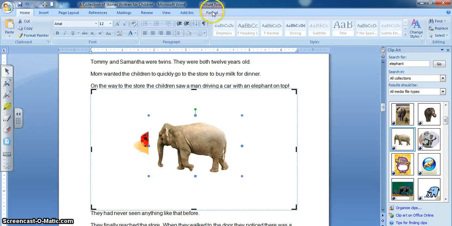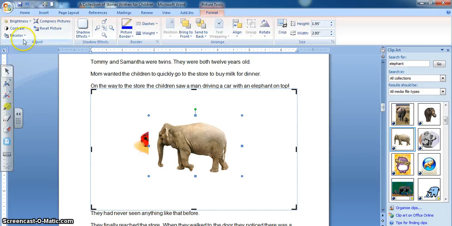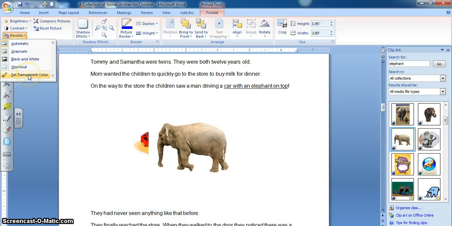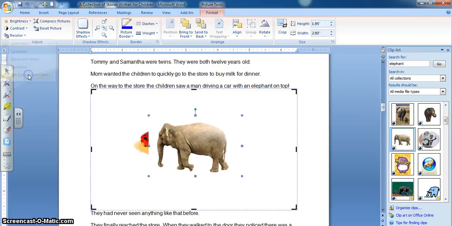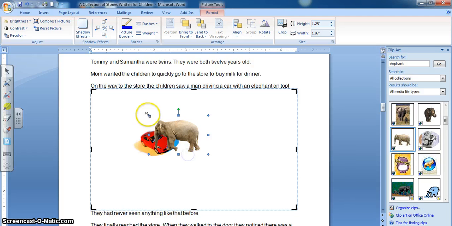Going to the picture toolbar, Format, Recolor, Set Transparent Color. Once I have this set transparent color, this changes into a pen. I just click the pen on the picture and you can see the white background went away. Now I can resize the elephant,